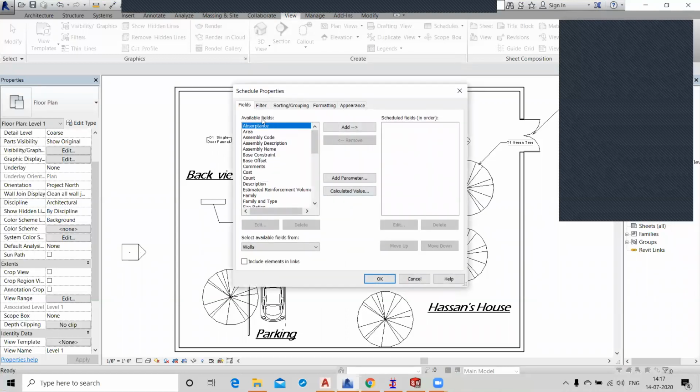So this is your schedule, the Schedule Properties. What information do you want to assign here?